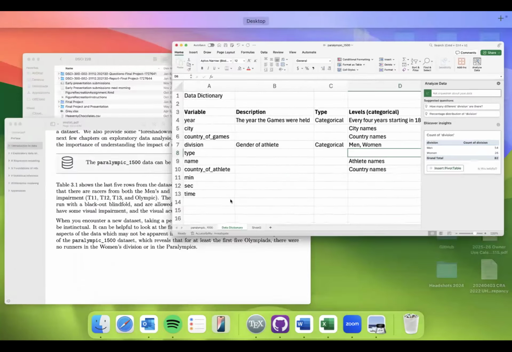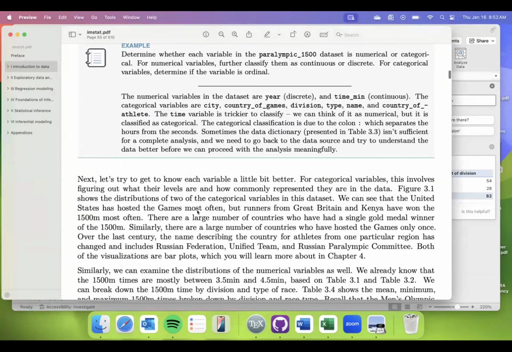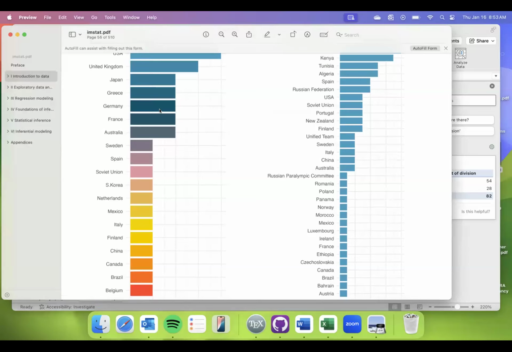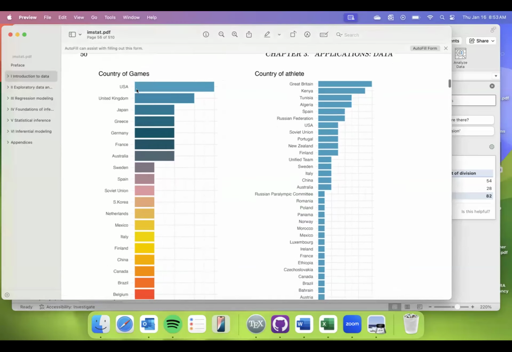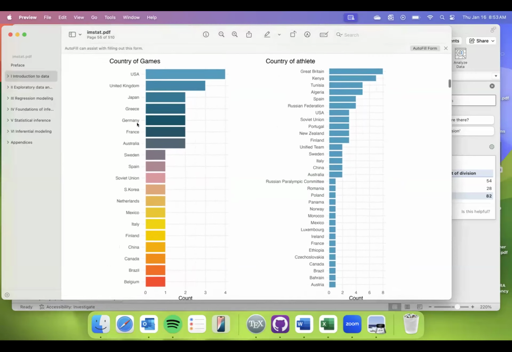So we're trying to recreate this bar chart, the country of the games. You don't have to do the colors or anything, but